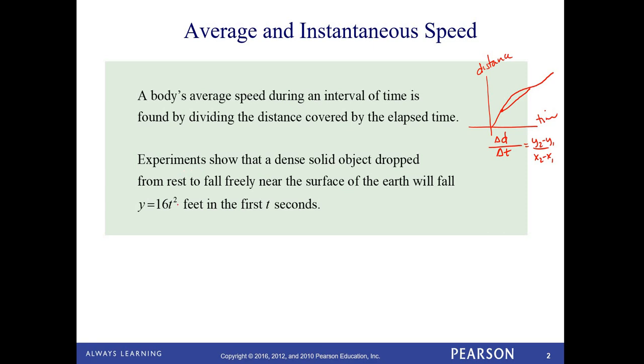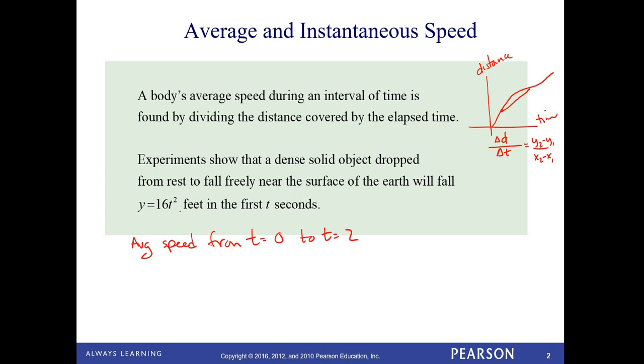So we're going to use a specific example of this. A dense object dropped from rest to fall freely near the surface of the Earth will fall 16t squared feet in the first t seconds. So if I want to find an average speed, let's do this. An average speed from t equals 0 to t equals 2, in other words, in the first 2 seconds,